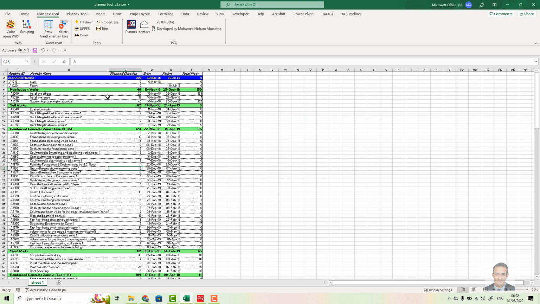And if you want to delete all the bars, I added this button. It will help you delete them fast and redraw the Gantt chart. And we have some new small and fast functions, which are fill down, upper, lower, proper case, and trim. So let's see the tool from the beginning.